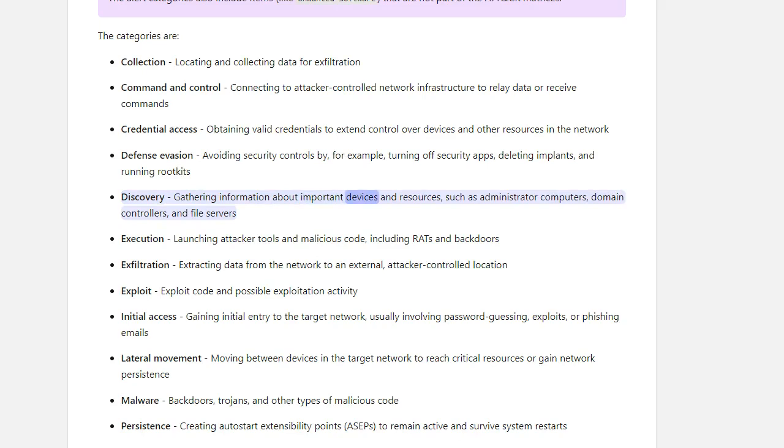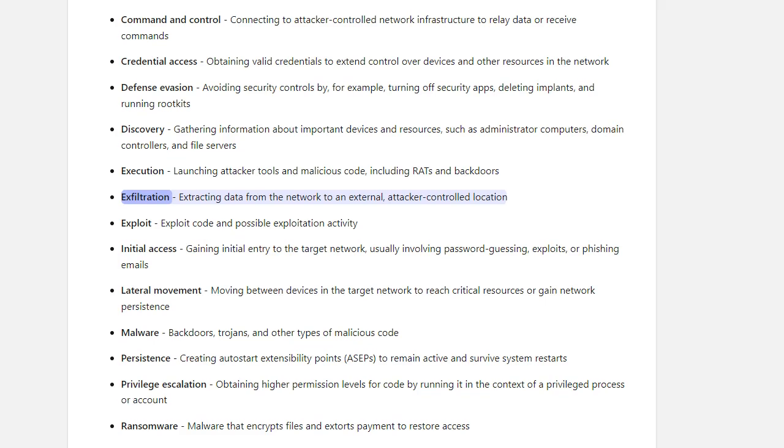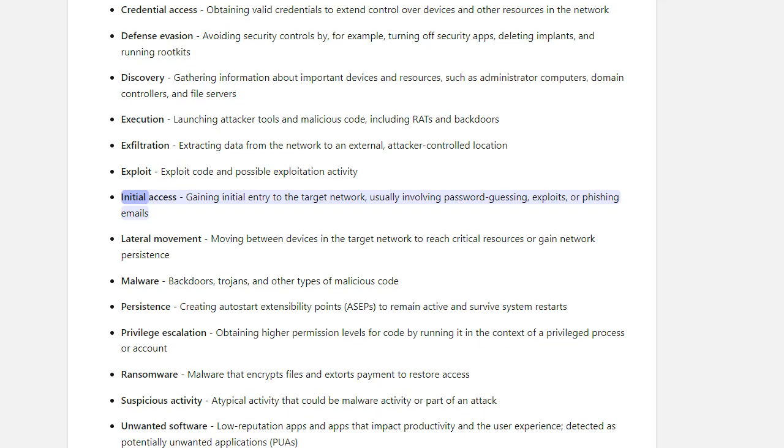discovery, gathering information about important devices and resources, such as administrator computers, domain controllers, and file servers; execution, launching attacker tools and malicious code, including RATs and backdoors; exfiltration, extracting data from the network to an external, attacker-controlled location; exploit, code and possible exploitation activity; initial access, gaining initial entry to the target network, usually involving password guessing, exploits, or phishing emails;